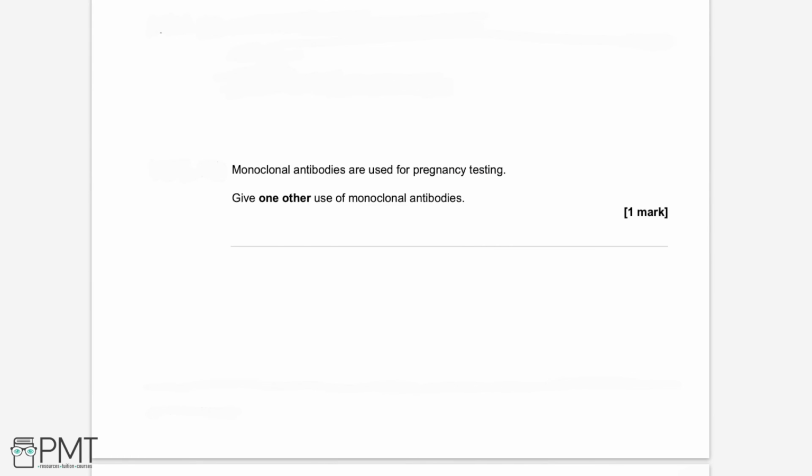Monoclonal antibodies are used for pregnancy testing. Give one other use of monoclonal antibodies. Well, one of the major uses of monoclonal antibodies is that of cancer drugs. Cancer cells are those which divide uncontrollably and rapidly in the body. Now, this is due to mutation, and as a result,